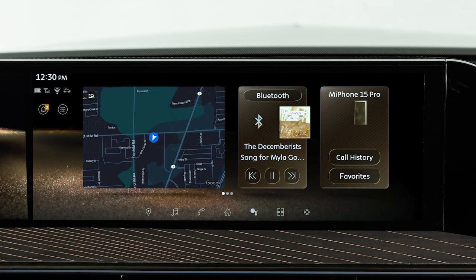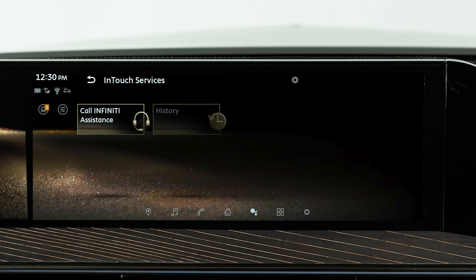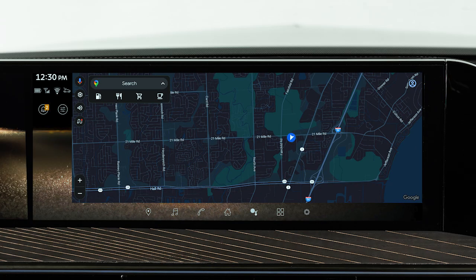You can use the touch screen display to view information and adjust settings for various vehicle systems. You can access vehicle apps, the settings menu, and, if so equipped, INFINITI InTouch services. The launch bar located on the bottom of the screen can be used to access navigation for vehicle navigation functions,